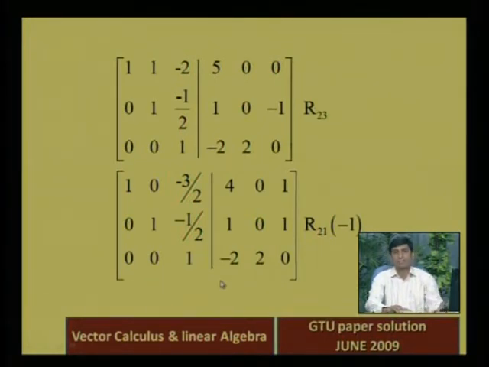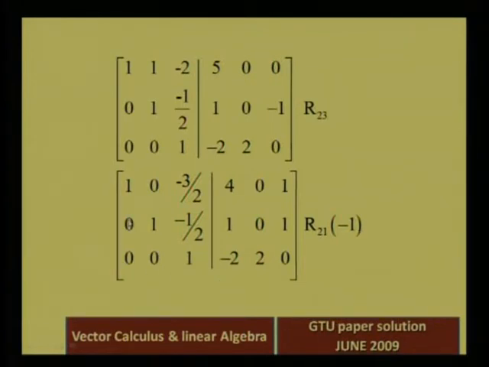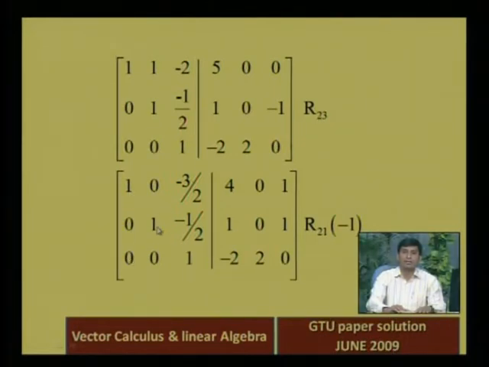So this is our next process, that we multiply the second row with minus 1 and add it to the first row. Now again you can see on the left hand side, in the first column we already have 0 below the leading entry, in the second column this is our leading entry 1, and below and above that leading entry we now have 0. In the third row, this is our leading entry, already 1 here. Now what is our next process? We multiply the third row with 1 by 2 and add into the second row, and we multiply the third row with 3 by 2 and add into the first row. So these entries become 0 and on the left hand side we get the identity matrix. Whatever is the right hand side part is exactly the inverse of the given matrix.